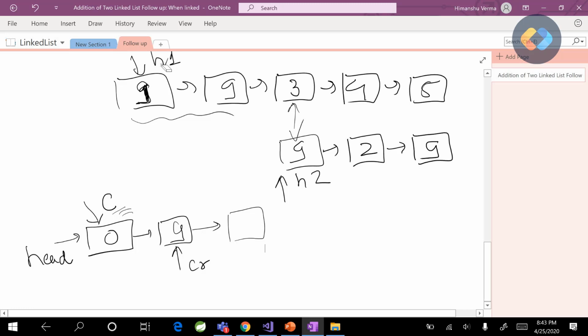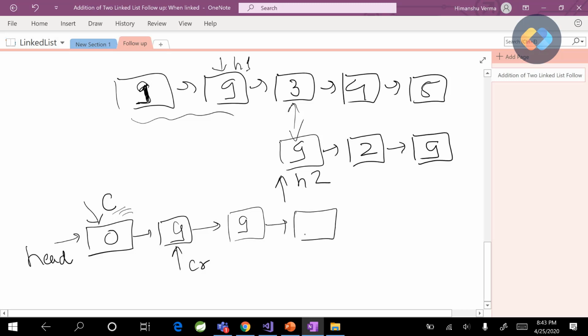So let's see. So our head will move here. Now, again, this length is greater than this, so we will just copy this here. And again, this value is 9, so we'll not move our carry pointer. We'll keep it there, because we know if the carry is being generated from this node, this node will also generate a carry, and this node will also generate a carry. So we'll not do anything here.